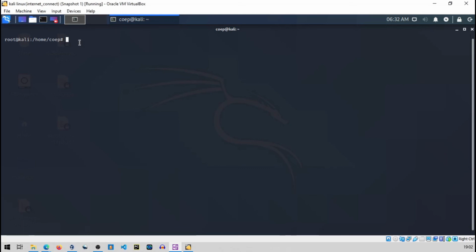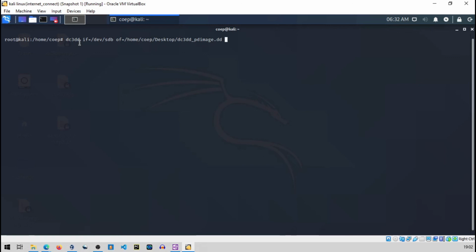So dc3dd, and the input file will be my pen drive, so it will be /dev/sdb. Fine, and I will specify the output on the desktop. So home, desktop, and let's say I will name the image dc3dd-pd-image.dd.